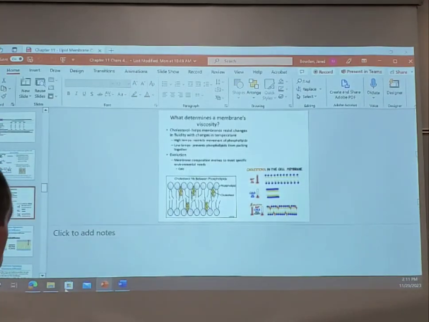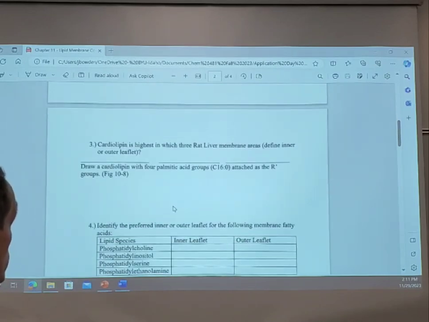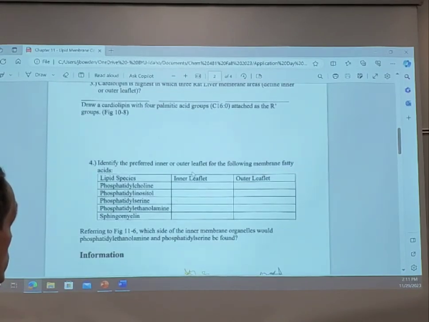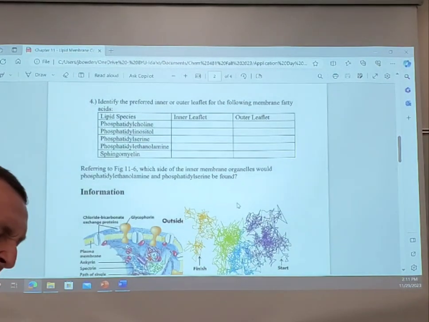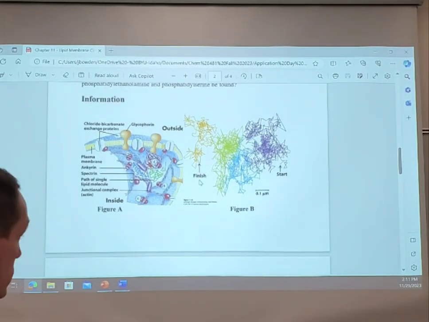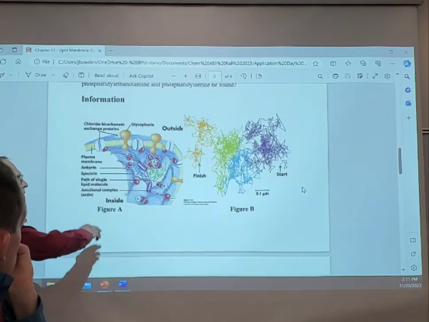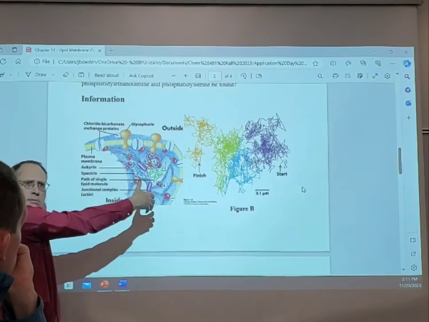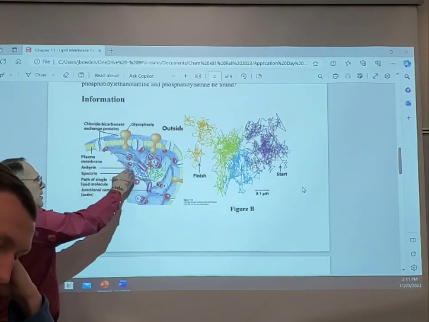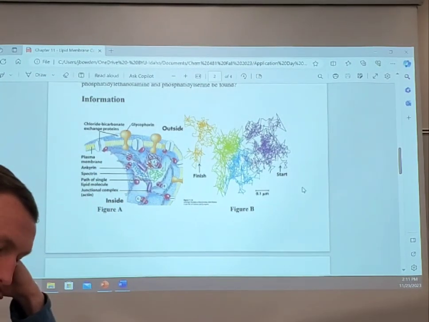So let's check a couple other thoughts that we were working on. Cardiolipin, you drew that, felt good about that. Hopefully able to identify inner and outer leaflet species, recognizing there's a big deal. We talked about this at the end of class, and ultimately the ankyrin and the spectrin. This is on the inside of the cell membrane, right? Mm-hmm. These spectrin are attached to the ankyrin. I kind of described it like it was a barbed wire fence and some fence posts.